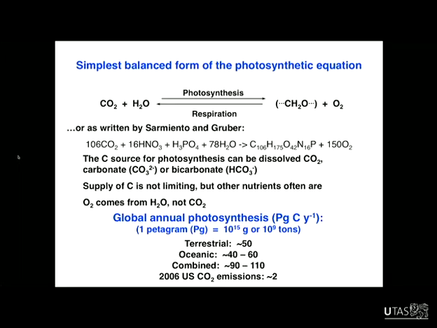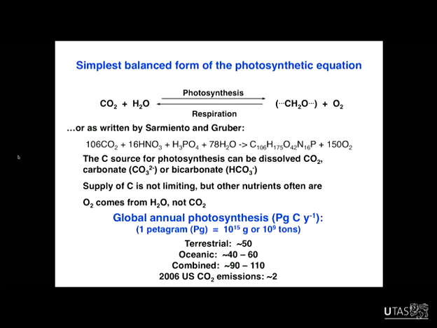So I said that the supply of carbon is never limiting. The amount of carbon in the oceans is always sufficient for photosynthesis. It's the concentration of other nutrients like nitrogen or phosphorus, or in many parts of the ocean, iron, that limits primary productivity. And as I said before, the amount of productivity on a global scale that happens in the oceans is about the same as what happens on land. So terrestrial photosynthesis and oceanic photosynthesis contribute about the same amount each to carbon cycling or oxygen production, depending on what currency you want to think about it as.